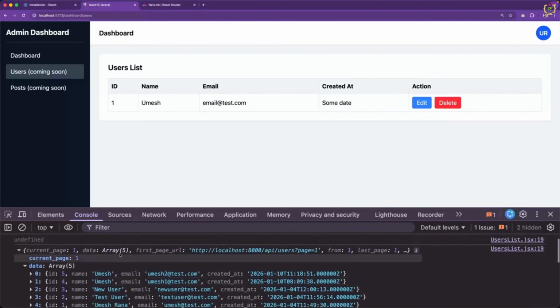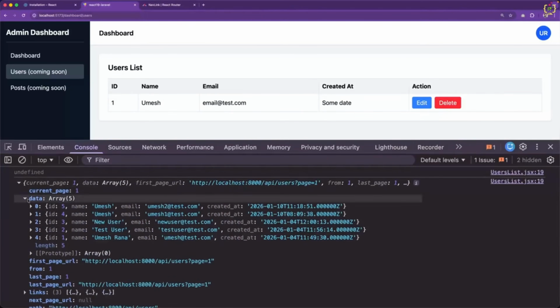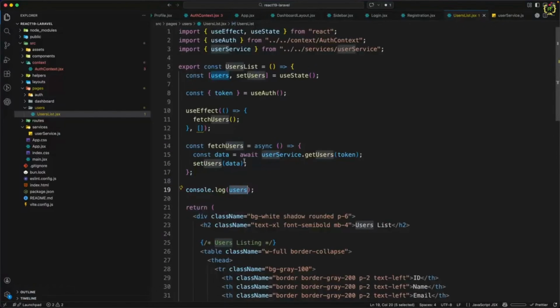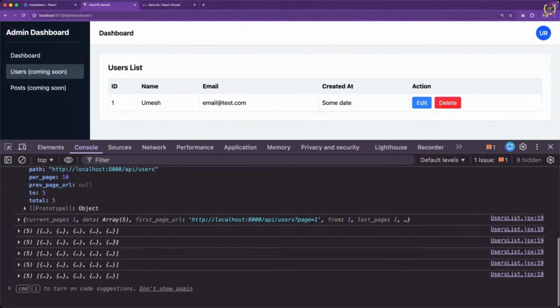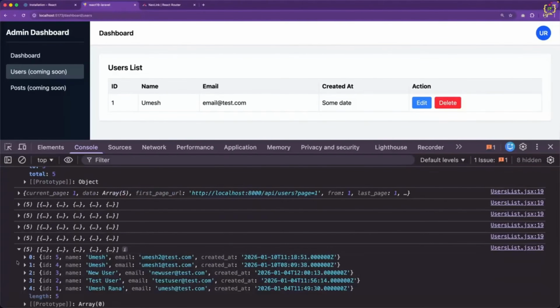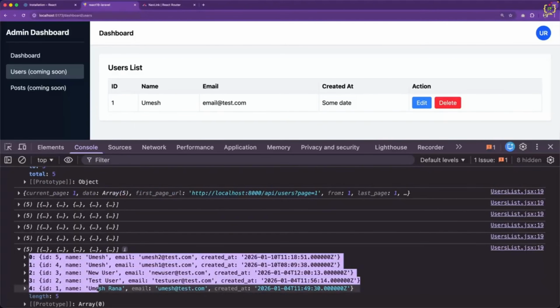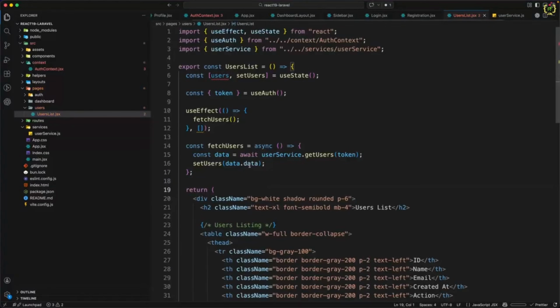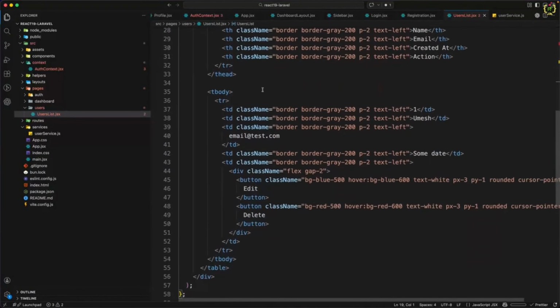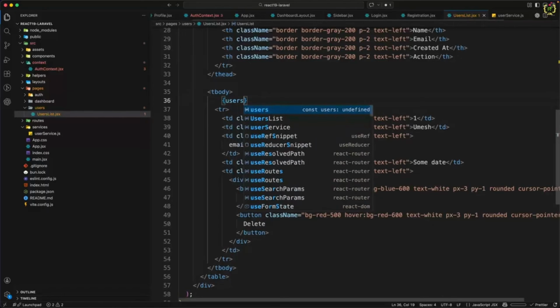Okay. So we have to capture the response from data.data, because this is API response only that we are receiving here. So we'll have to write data.data. And yes, now we have total 5 users entries. Okay. So now let's iterate this users data directly in this tbody. So just before this tr, we will use users, and we will check if we have users, then we will iterate it. So for iterating the users, we will be using map function,